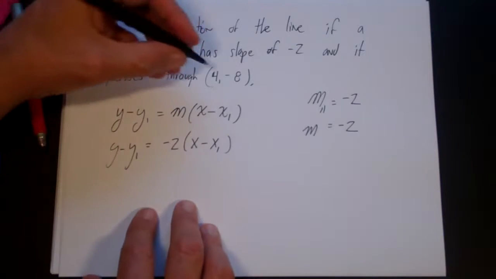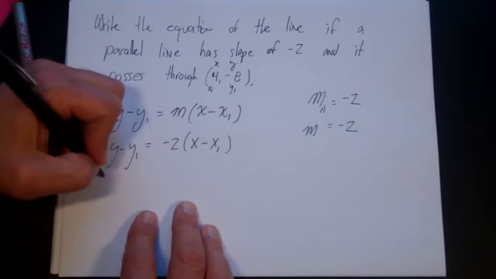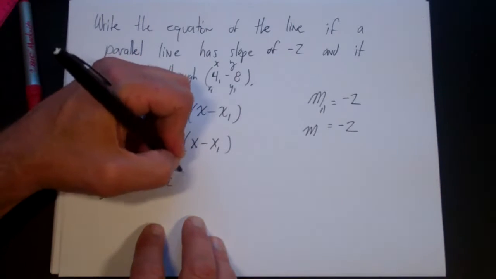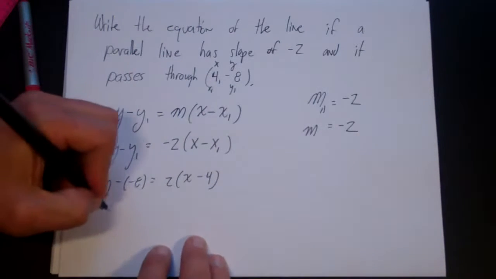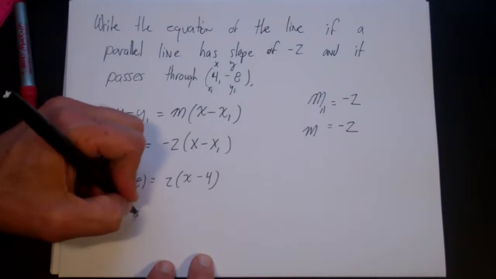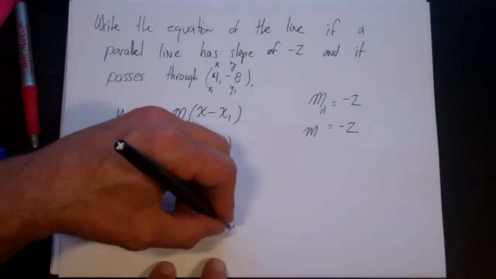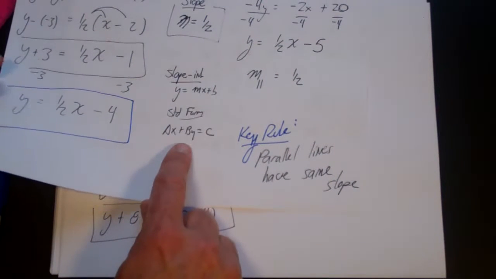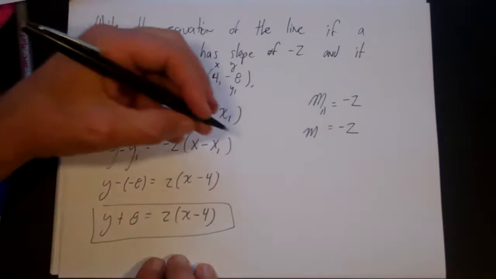Now we plug in the point. This is x and this is y, so this is x1 and y1. So that's y minus negative 8 is equal to minus 2 times x minus 4. I don't like this negative negative, so that's y plus 8 equals minus 2 times x minus 4. Now you need to know what form to put it in. You're either going to put it in slope-intercept form, which is y equals mx plus b, or standard form, which is ax plus by equals c. Let's do it in standard form this time. To do it in standard form,